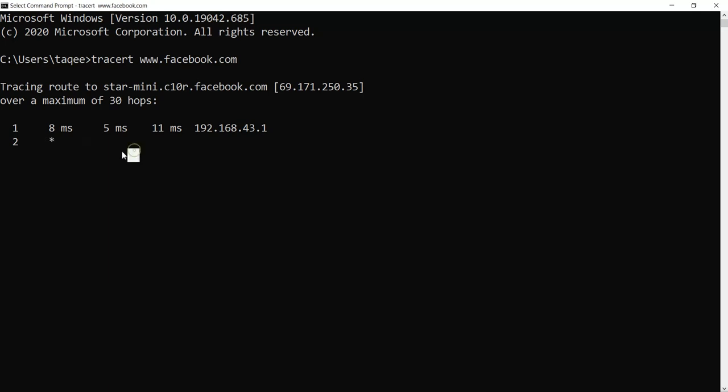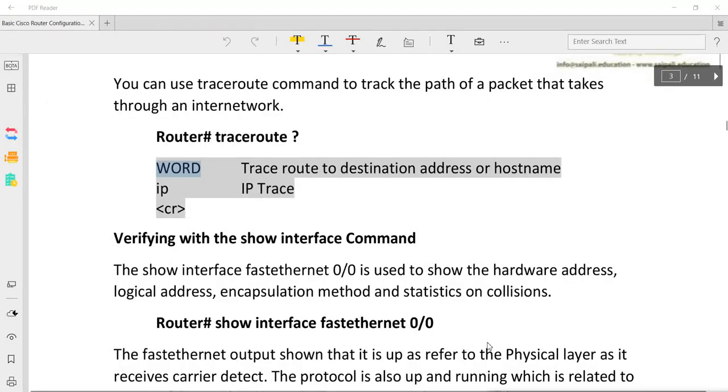So when you don't get the reply, you will see this star, and that means it is not getting the reply. So I cancel this one, it will take some time. We will do it in our router when we configure the router.